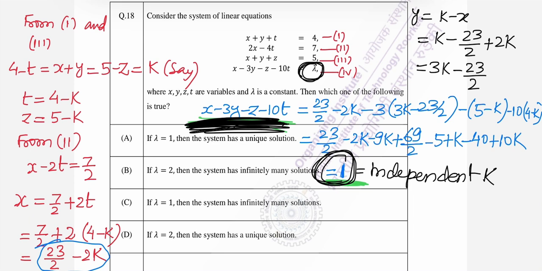First thing, lambda will be 1, and second thing is it has infinite number of solutions. Then combining these two, if you see the options, option C is our correct option. Okay, so this question is